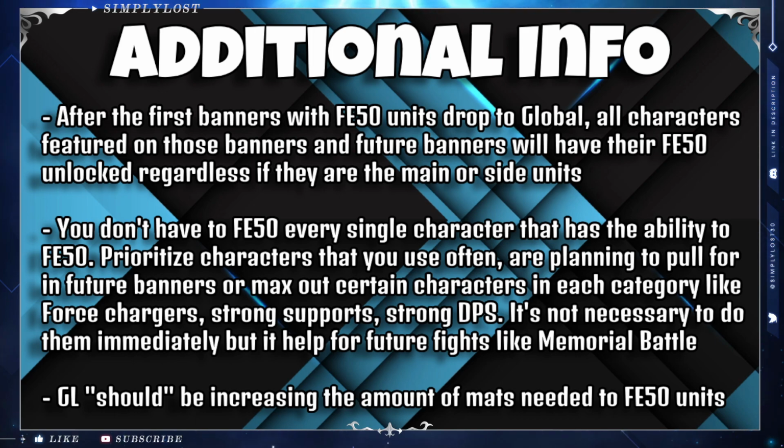Because of that, I would recommend players prioritize characters that you use often, that you see yourself using a very good amount whenever they get their Force level 50s, or that you are planning to pull for in future banners. Or just max out certain characters in each category, like Force Chargers, strong supports, strong DPS, etc. It is not necessary to do them immediately, but it will help for future fights like